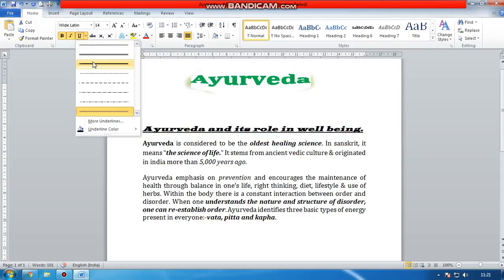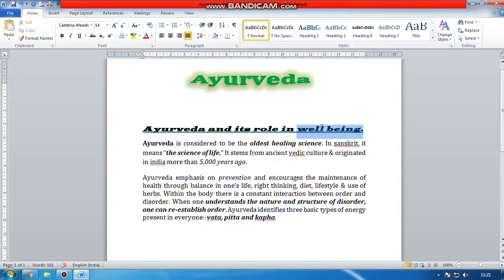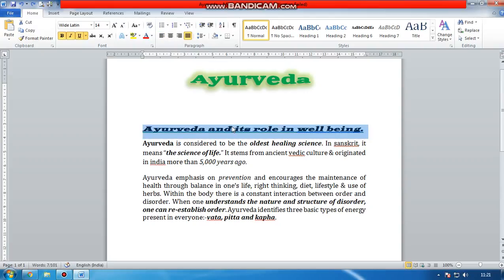I am choosing double underline, and from the color, choose what color underline you want. Now if you don't want this formatting, select the line and click on this eraser. It will erase all the formatting that you had done. It will preset it. Now I'm doing undo.